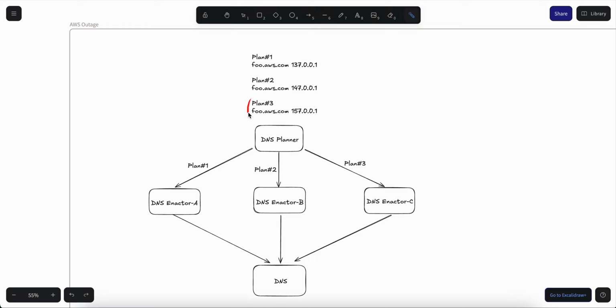And in this case, I've created 3 different plans, 1, 2, 3. Then the planner has a bunch of enactors. We can think of the planner as a boss, while the enactors are workers that take those plans and apply them into the DNS.